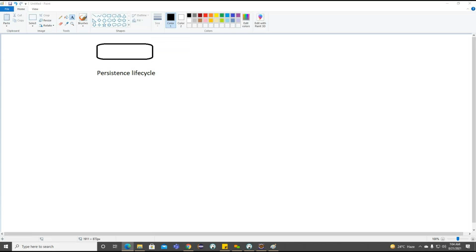In our ORM implementation, we'll have a persistent life cycle, and for different ORM implementations, we'll use different terminology and different states. So we are going to work on the persistent life cycle here.